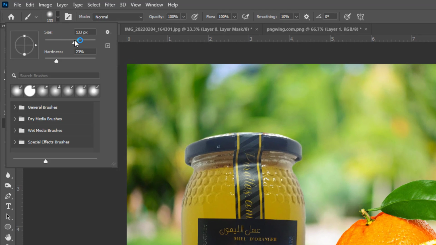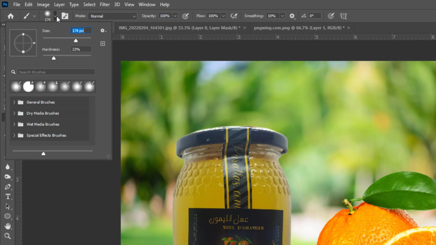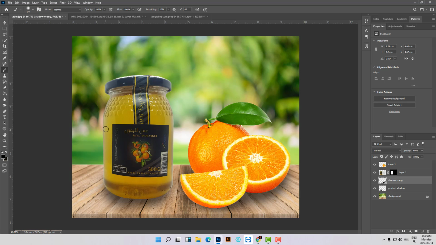Let's resize the size of the brush. You can resize this by clicking on the menu at the top, or you can do it by clicking on Alt and right click like this on the right. You resize the diameter, and the top and the bottom you resize the hardness, as you can see. Okay, so